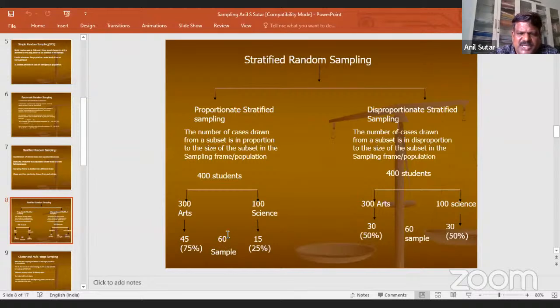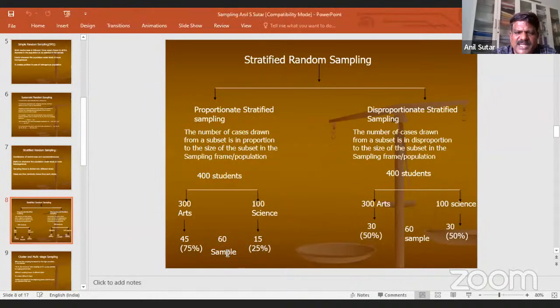Out of 400, suppose there are 300 from the arts stream and 100 from the science stream. Then, to select 60 in total, ideally you should select 45 from the arts stream randomly, and then 15 students from the science stream.